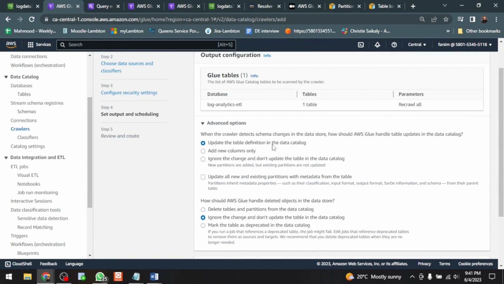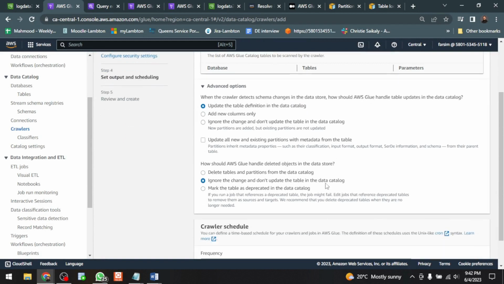This is what we need to select, because whatever the catalog has defined, we want to redefine that, because our Athena crawler is not able to access that schema, right? So we want to update the table definition,